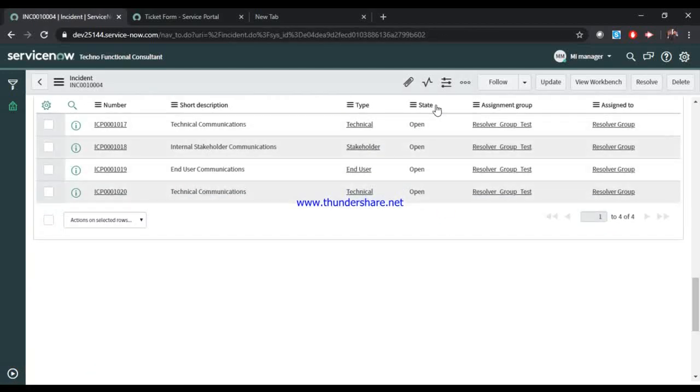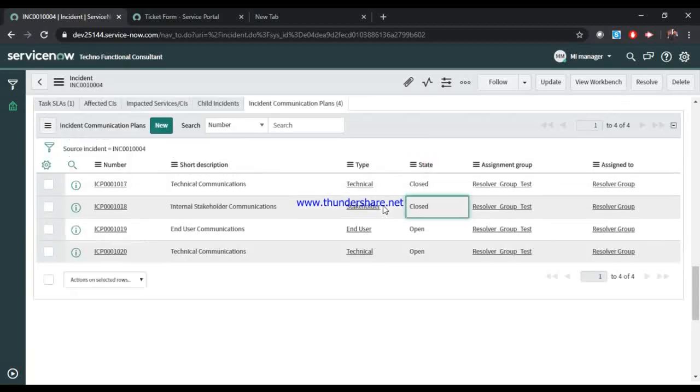These are all showing open. This is because no out of the box functionality has been configured. Let me close it. If I can close from here, yep, it's complete. Okay, closed. I'm closing it here. You will not face any problem if you click resolve directly, because no validation has been put here. Then you can click on cancel or close, whichever you want to do. So by this way you can do that part.